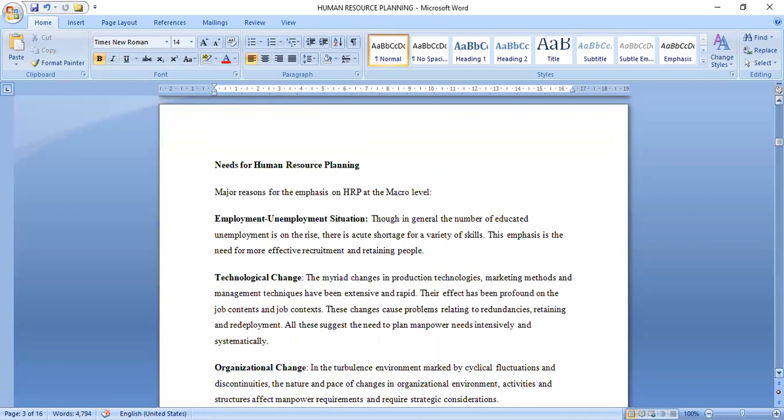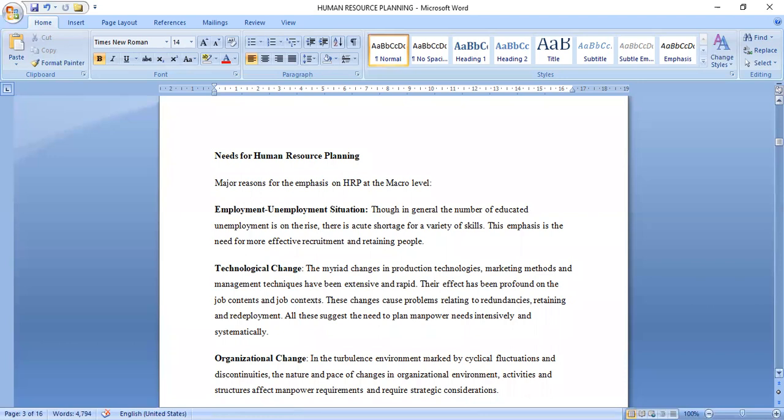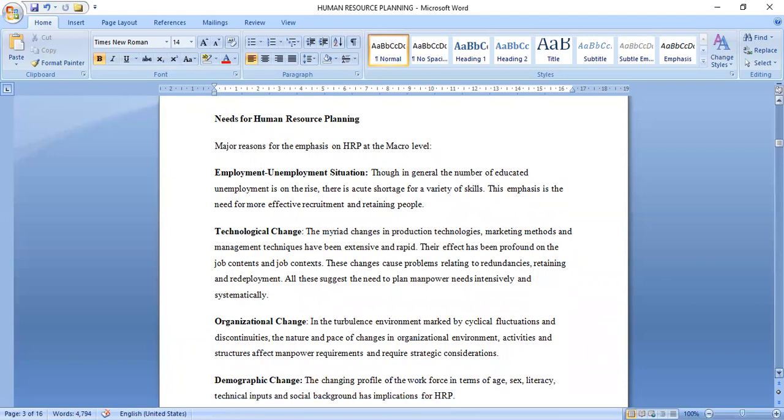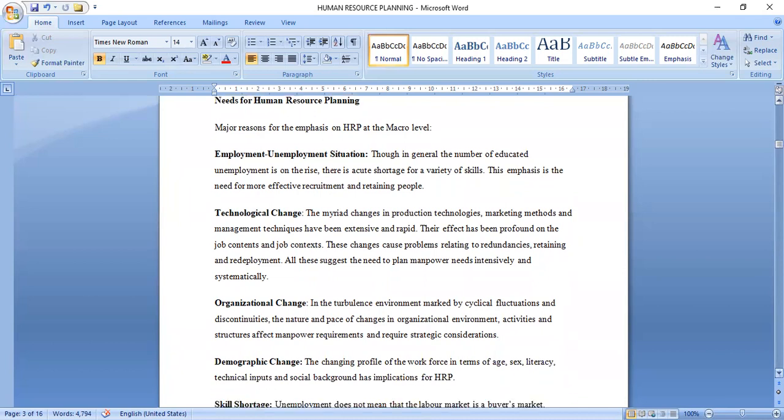So what are the needs for human resource planning? Why is it that, in other words, what is the importance, right? What is the importance of human resource planning? So at macro level, human resource planning is required basically because of the